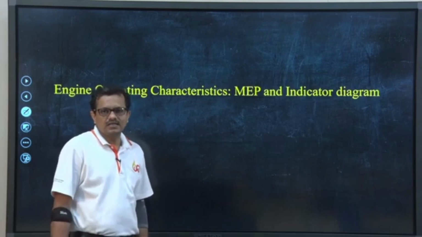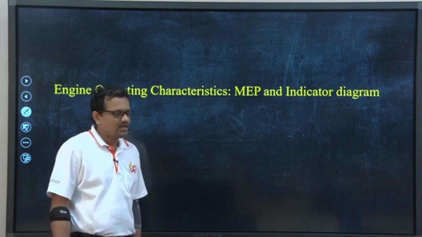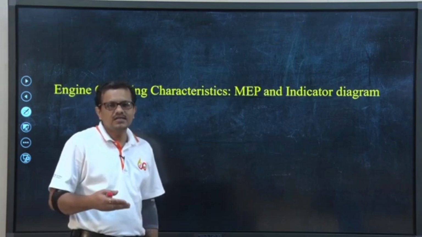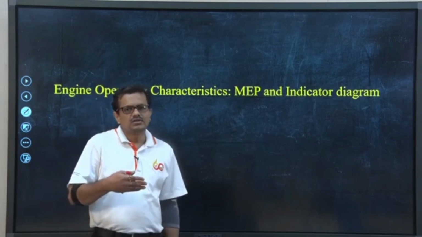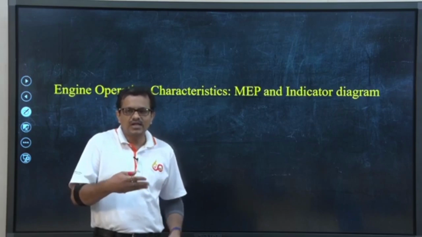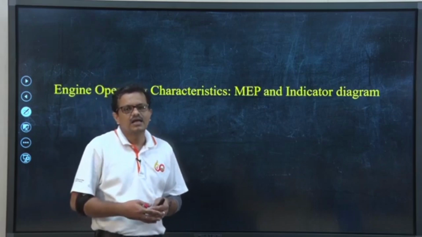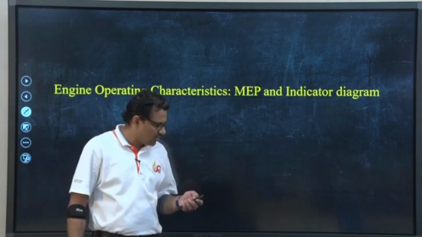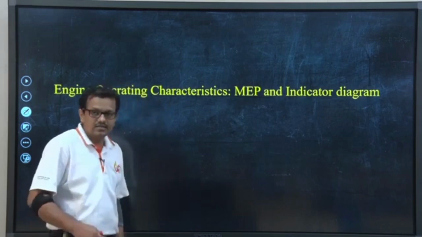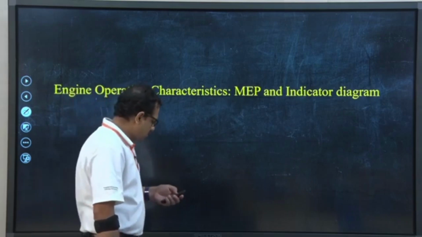For compression ignition engines, the carburetor is not an essential part, but the combustion is initiated by utilizing the high temperature, rather the thermodynamic state of the fuel in the combustion chamber at the end of the compression stroke. So, now to analyze the engine operating characteristics, particularly focusing on the mean effective pressure, what